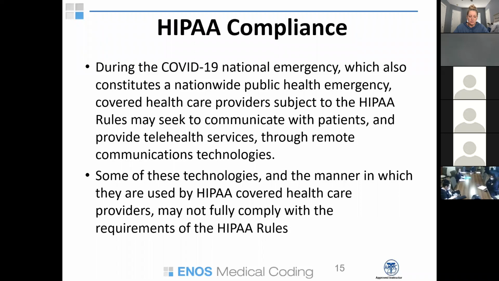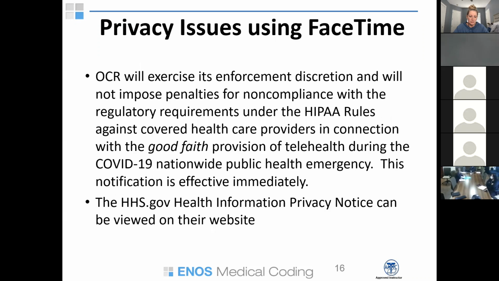Other HIPAA considerations during the COVID-19 emergency is that you don't have to comply with all the HIPAA rules, asking for patients to sign an authorization form to communicate with them remotely. Those things will not be investigated, even though they're not fully compliant with the HHS rules and the HIPAA rules. And likewise, the technologies, the smartphones, are generally not allowed under telemedicine. You have to use a secure telemedicine platform, but right now they are allowing smartphones,